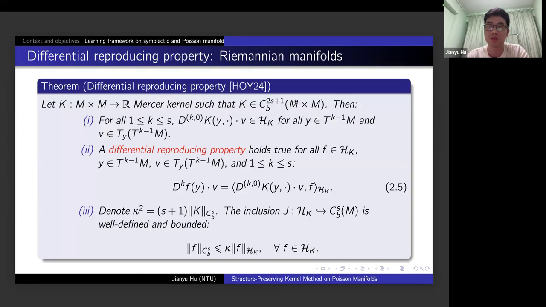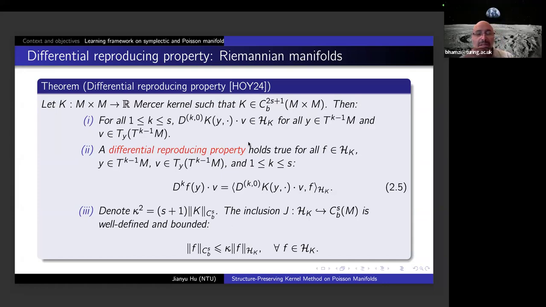So it means that if you have the regularity of the kernel on the product space of this manifold, then the functions in the space associated with this kernel will have these regularity properties. Yeah, so in our learning problem,